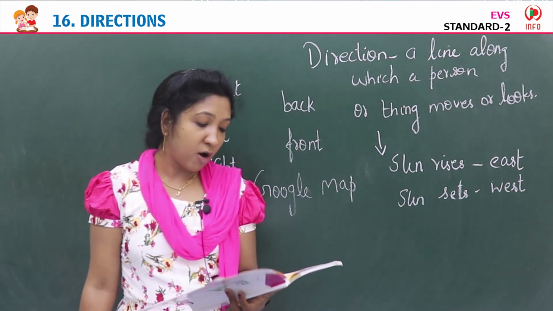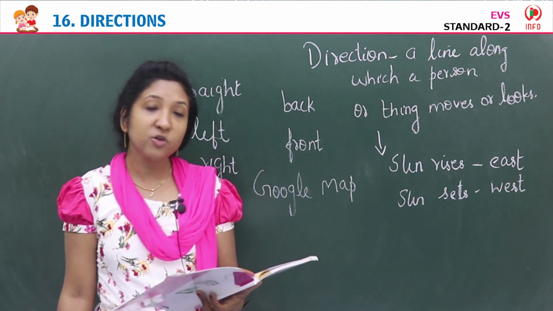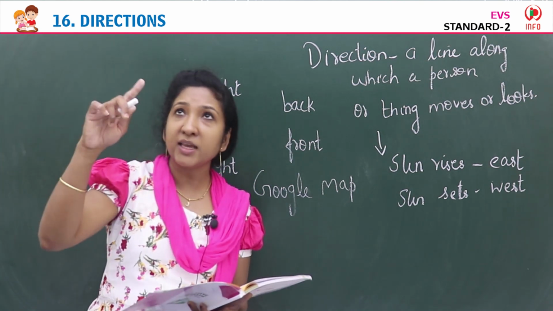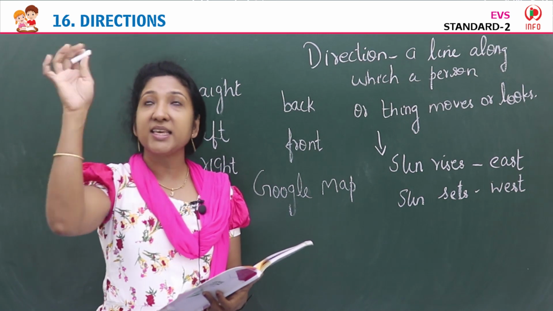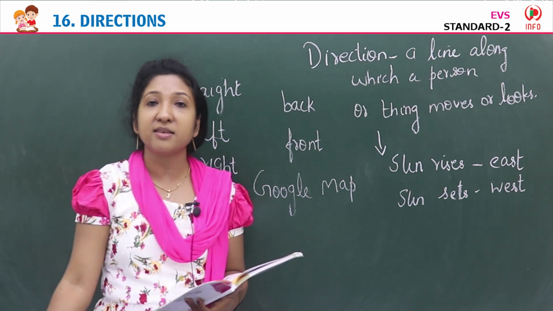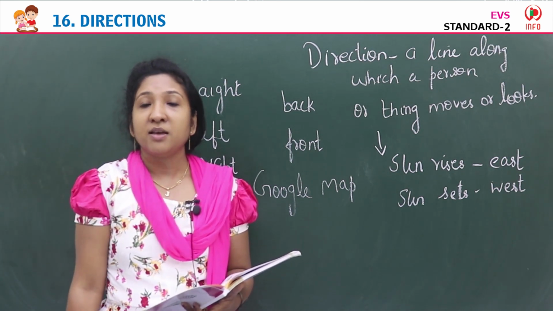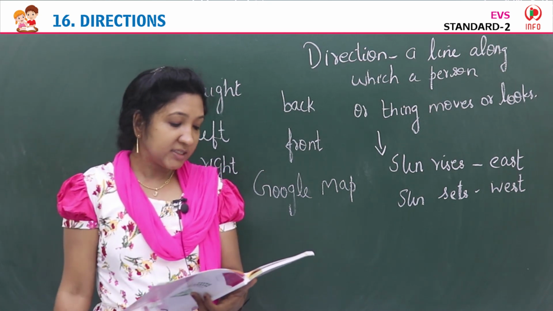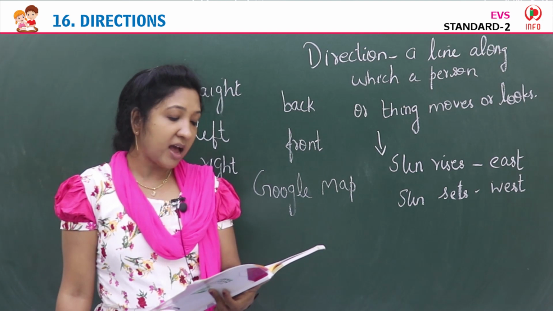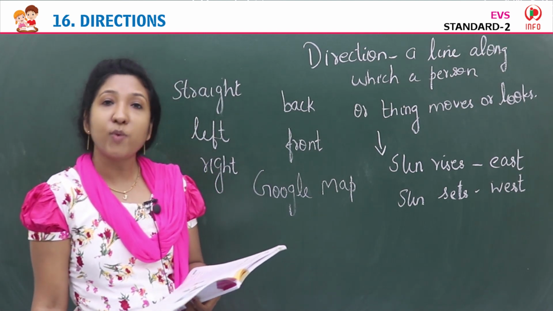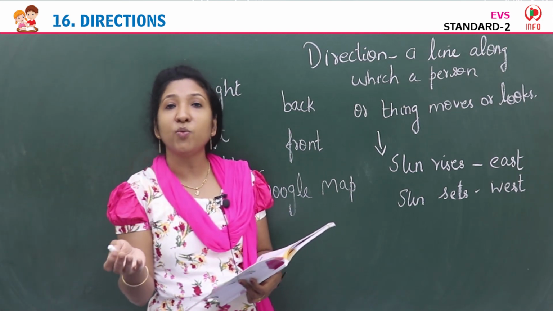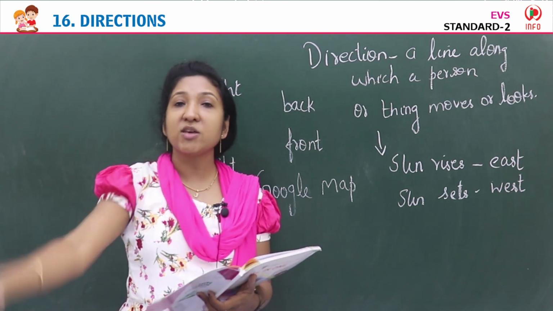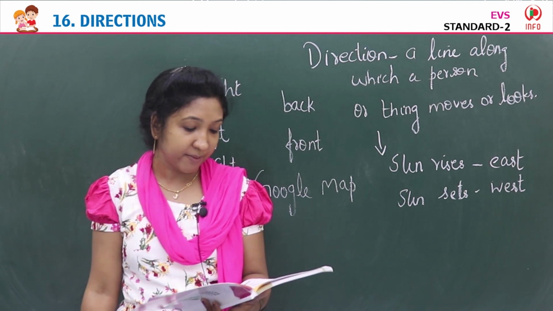From morning till noon, the sun is in the east. Yes, from morning till noon we can see the bright sun in the sky in the east direction. After noon, it starts showing up in the west. Then after the noon, what happens? Slowly we can see the sun change its direction to west.